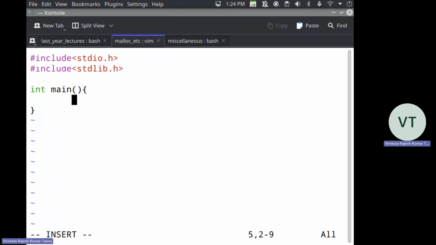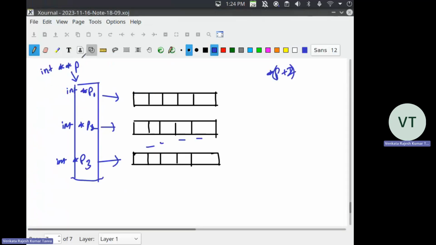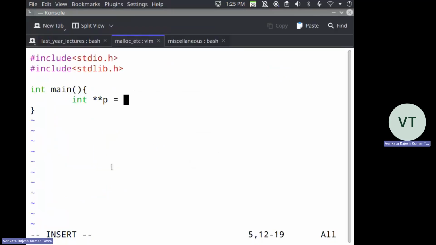So initially, I want to create a pointer to the entire matrix, right? That will be a double pointer. Each row will have a single pointer, and then the array of these single pointers will have a double pointer. So first I will say int star star p, and I need to allocate this memory first. In this memory, how many integer pointers do I have? 3. So here, what do I say? Malloc 3 into size of,